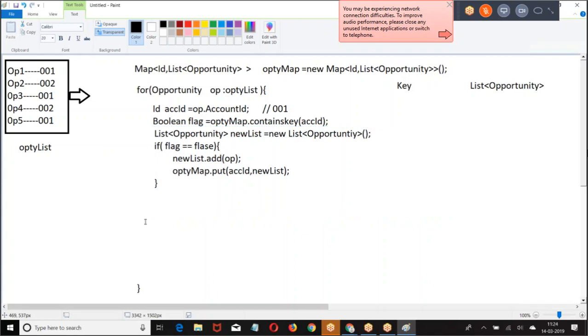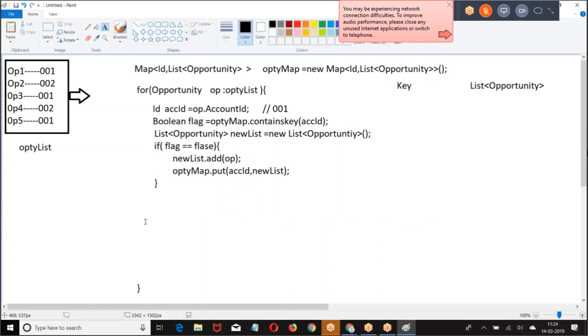So tell me what I have done here. If the map is containing the key or not, we are going to get true or false. Now in the first case, what is the value we are going to get? False, because the map does not contain any key. There are no elements in the map. So does the map contain a key called 001? No. Then what did I do?